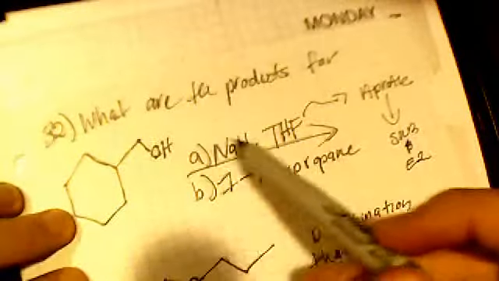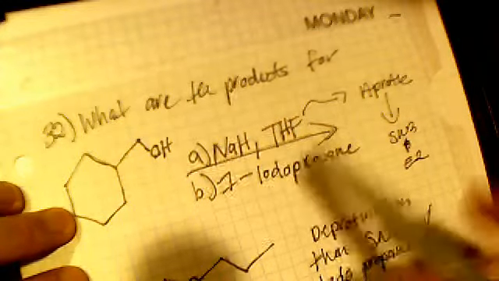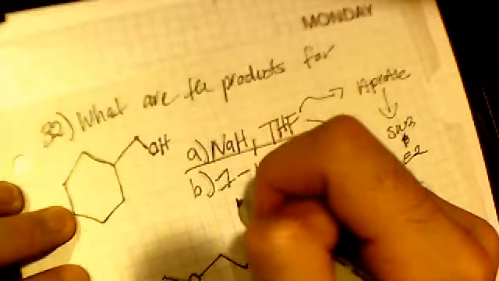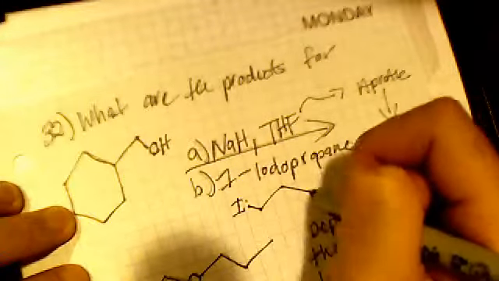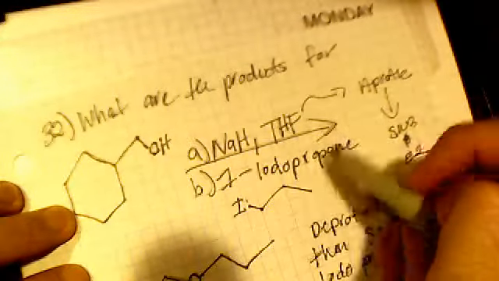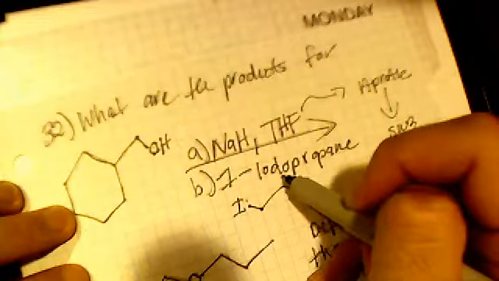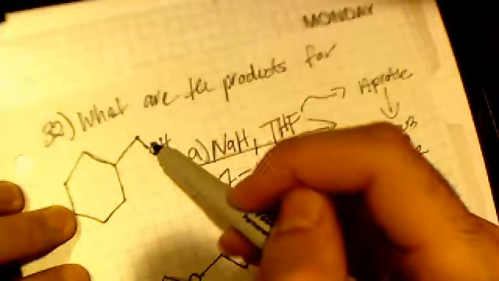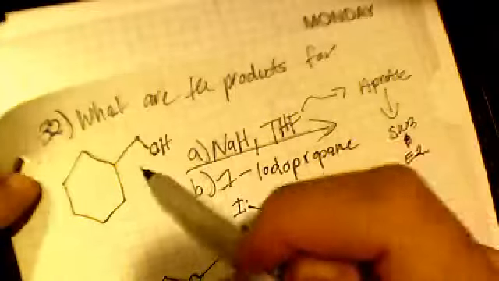The only way that this oxygen could be protonated is if it took maybe a hydrogen from the 1-iodopropane, right? Let's say it took one of these H's, but then if it took that H, this would turn into an elimination, and that would go off. It would need to be deprotonated in order to come off,